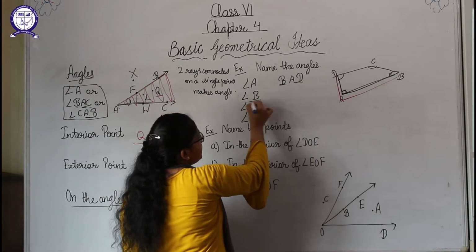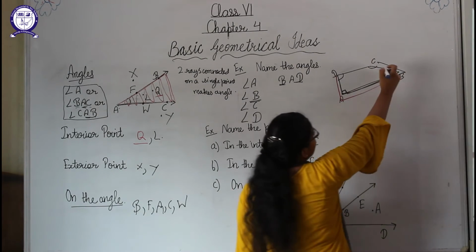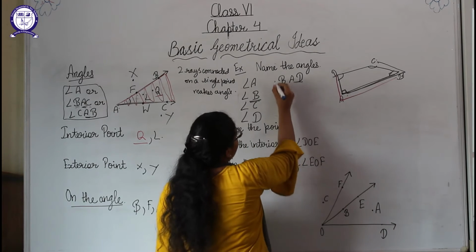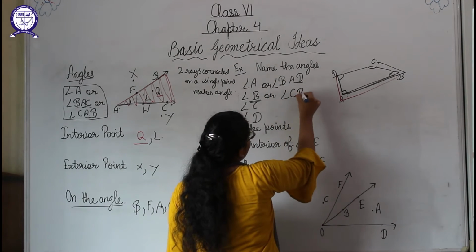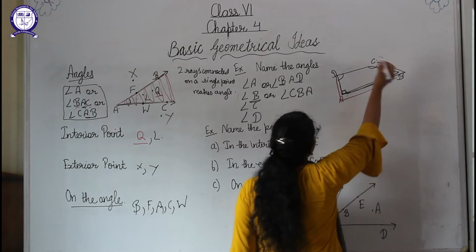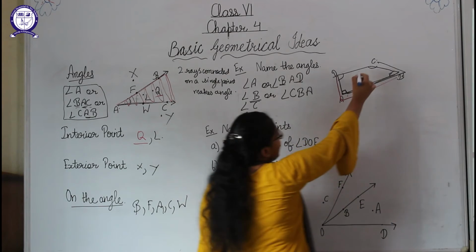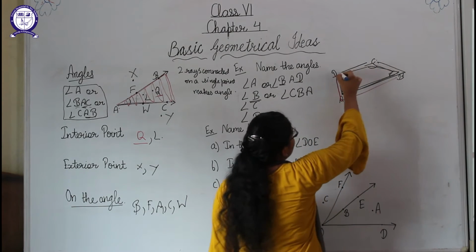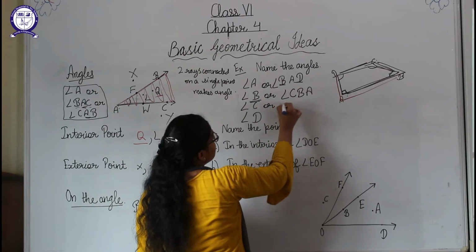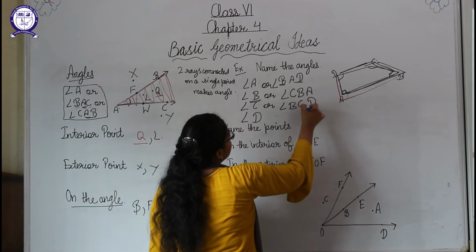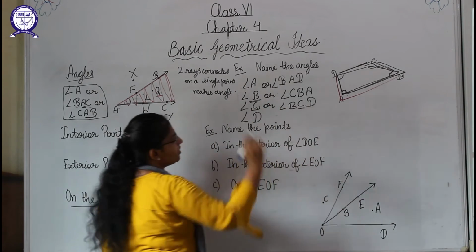Now angle B is here, so this is the angle B, students. So we can write it as CBA, angle CBA, or we can say ABC. Whatever you want to write. Now angle C is here. These two rays are making angle C. So what can we write? We can write it angle C or BCD. Students, you must remember that this C should be in the middle if we are talking about angle C.